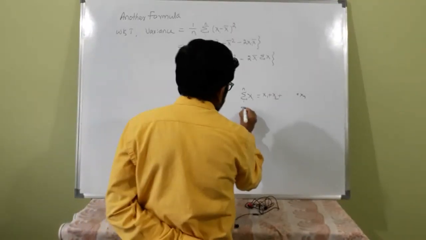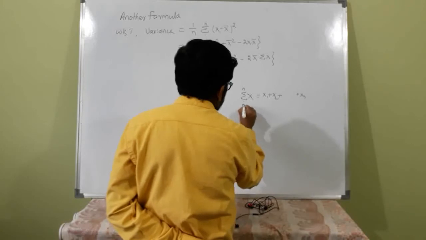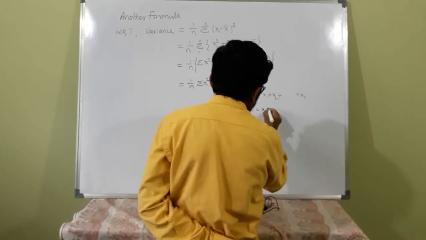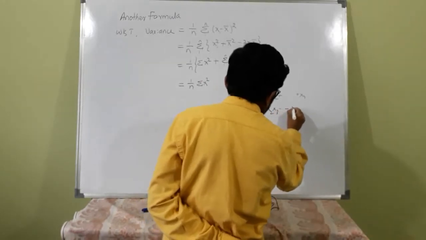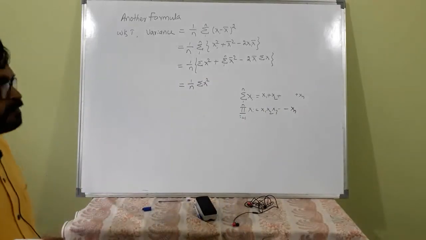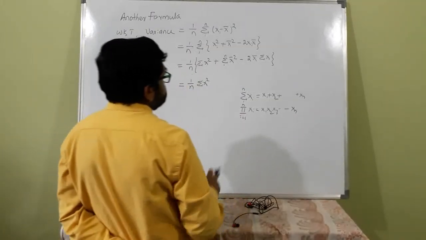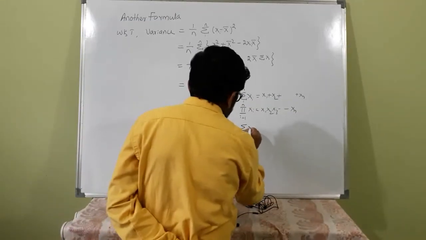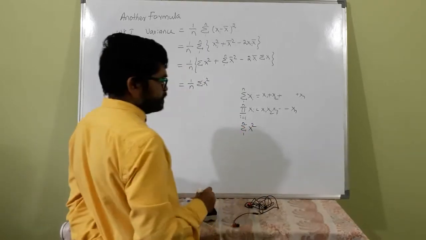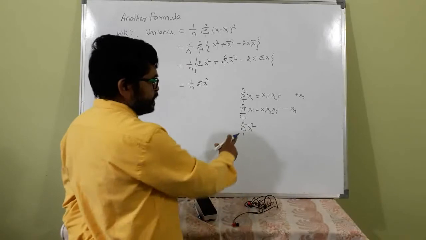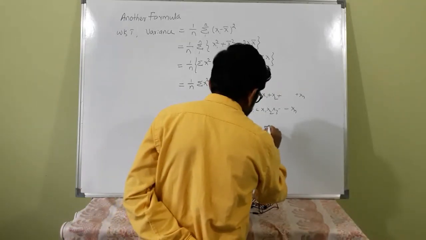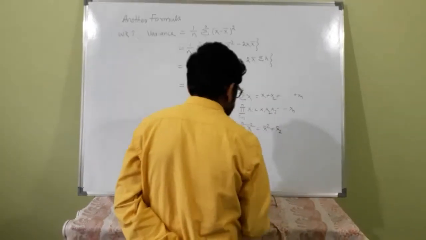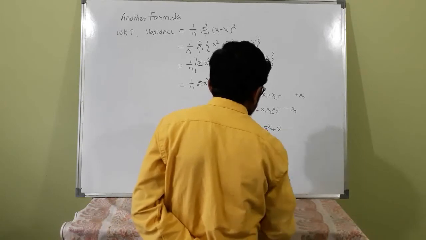Okay, similarly, if you write like this, i is 1 to n, product of xi means when i is 1, x1 into x2 into x3, so on up to xn. Okay, so this is the meaning of the summation. See, since x bar is constant, summation of x bar square, i from 1 to n means, when i is 1, this is x bar. When i is 2, that is also x bar, not x bar 2. Okay, because x bar is constant.